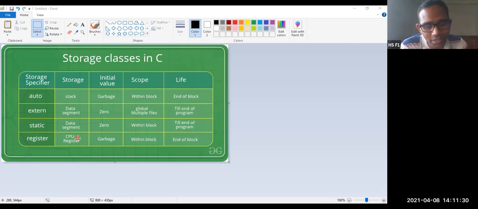In these register memory locations, it is going to create a variable, or the memory is allocated on the CPU. So we should not make use of registers most often because they are created on the register. And these are the fastest accessible memory locations because the memory will be allocated on data segment or stack inside RAM.